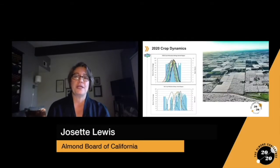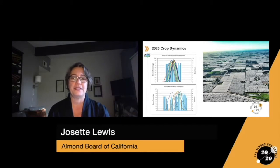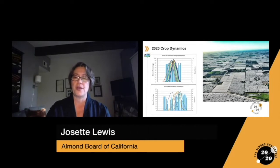I think all of us would agree it's been a year full of surprises and challenges. But if we think all the way back to February, we actually started off our almond year with a spectacular bloom. This data shows, courtesy of Blue Diamond, compares the 2020 bloom on top with that in 2011 in the lower graph. What you can see on the top is that consistently dry and warm weather created ideal conditions for almond pollination. We had a very compact bloom, so it was continuous and compact, showing by the vertical blue bars